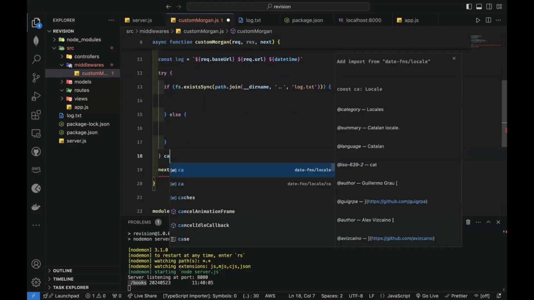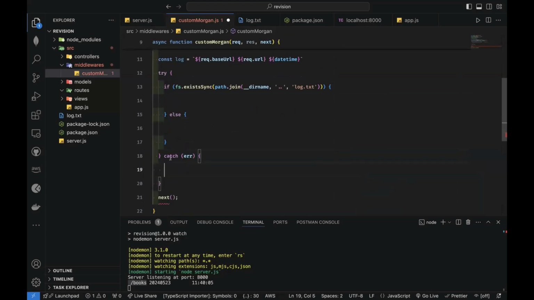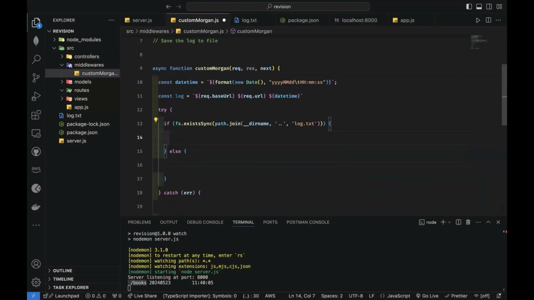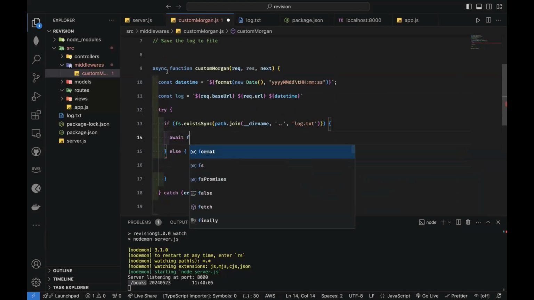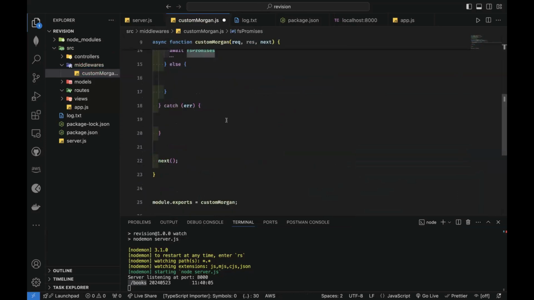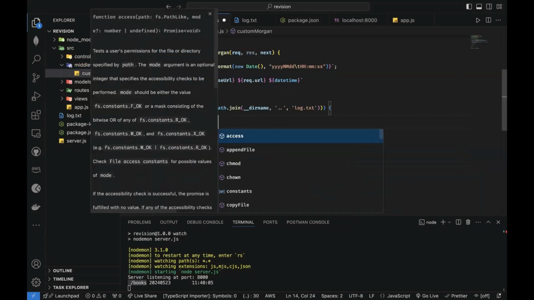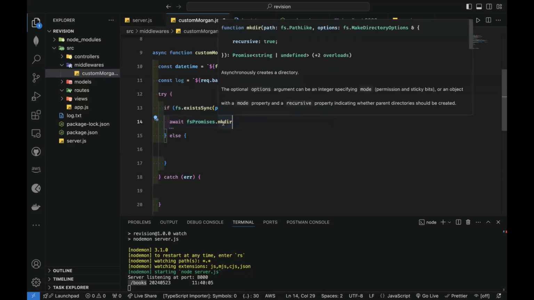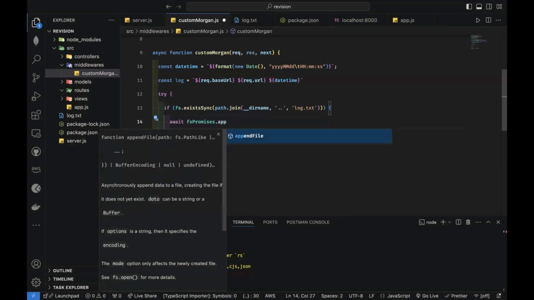After your try, you have to catch, and that's why we're seeing that red squiggly. So that block is correct. Now what I want to do is await fs promises, this guy that we required here. I want to make a directory, but if the file doesn't exist, that's when I want to make the directory. If the file exists, I want to simply append. That's what should happen. So I'll say appendFile,